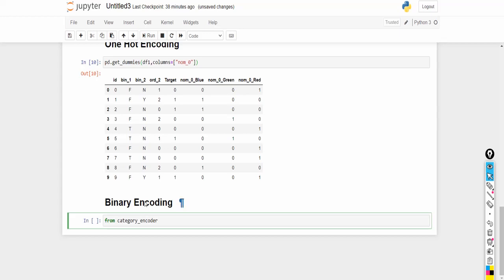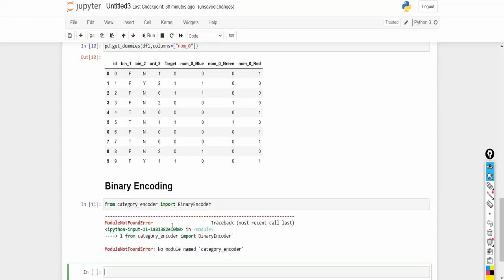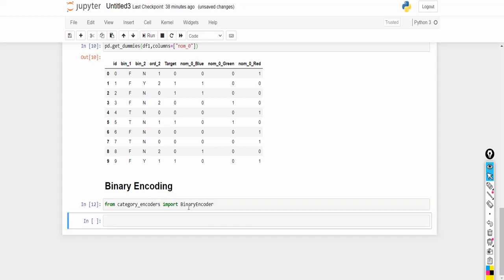I have already installed it, so I am directly importing this. From category_encoders I have to import BinaryEncoder. So this BinaryEncoder function is present here.